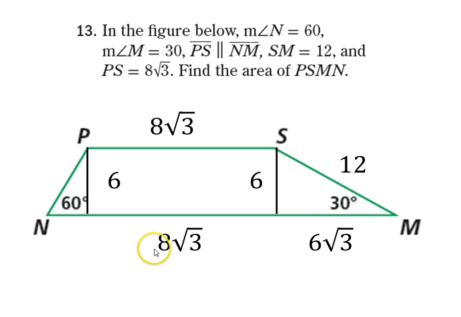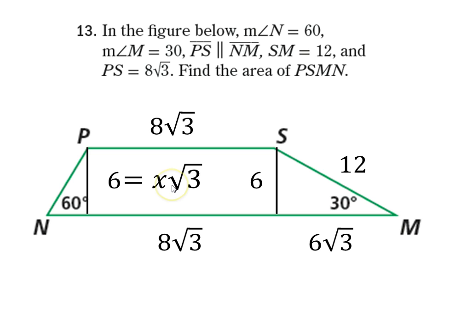I have this 8 times the square root of 3. Where did that come from? So sidebar here. That comes from this distance, which is equal to that distance. Now we can go back to this right here. And now I know that 6 is equal to x times the square root of 3, because looking at this triangle, this leg right here, this is the long leg, because it's opposite the 60 degrees, is x times the square